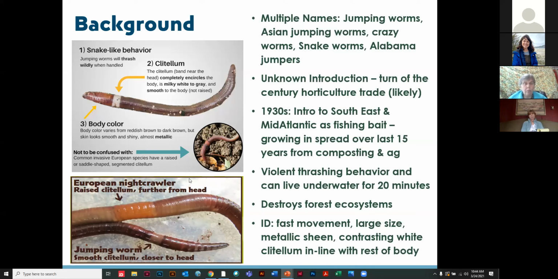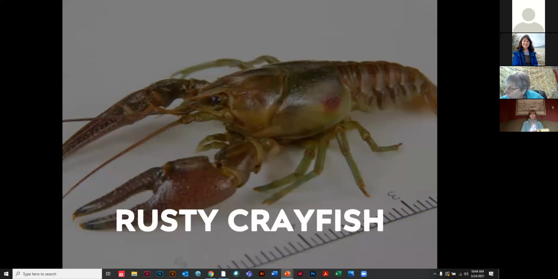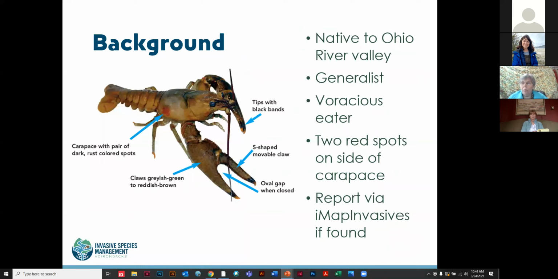This is a really important species that we do not want under any circumstances coming up to the Adirondacks to impact our forest ecosystems or also our agriculture in the Champlain Valley. So this is something you can report either to APIP directly, New York State DEC, or using iMapInvasives. And the same goes for rusty crayfish, which I mentioned before. Voracious eaters, they're originally native to Ohio. They're generalists, they'll eat everything. They're really damaging to